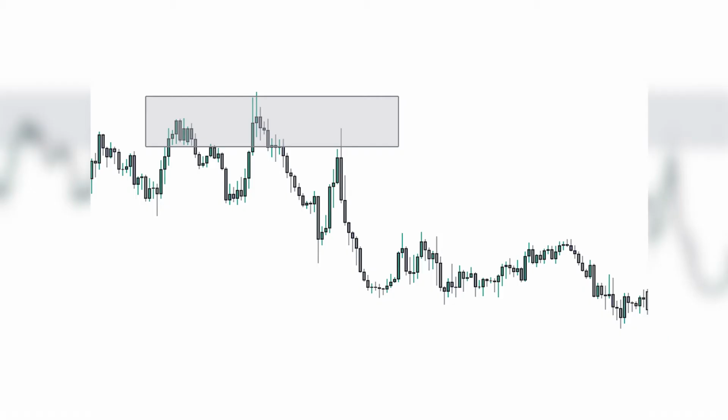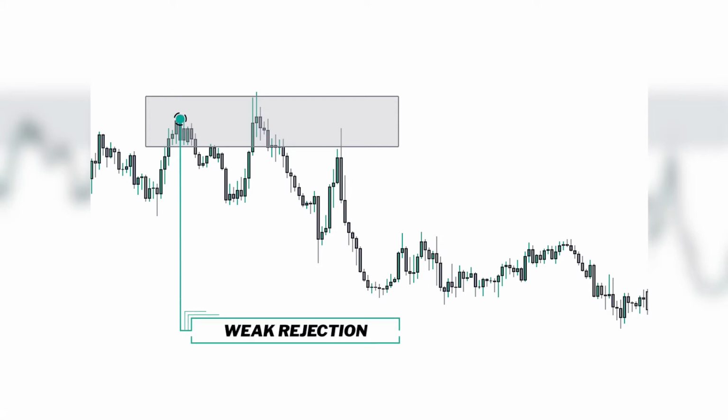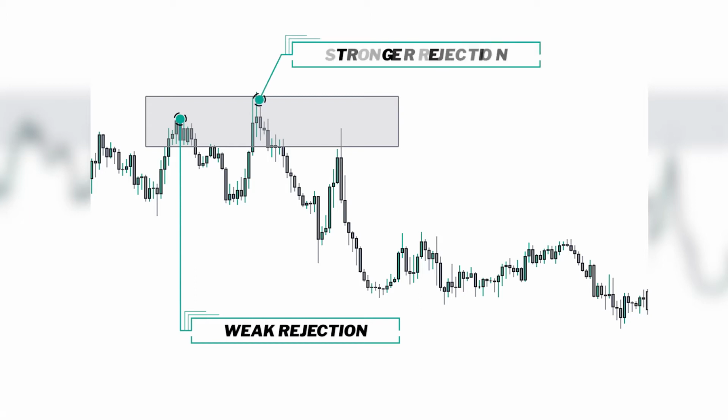Let's head over to TradingView and take a look at an example. We can see here price has climbed to reach this level of resistance, and then has failed to break through this level, resulting in price heading in the opposite direction. The strength of the rejection is typically signalled by the length of the candle's wick. In this case here, the rejection is weak, showing as price came back to the area pretty quickly. But in this case, the rejection is stronger, indicated by the wicks, and price continued down further away from this